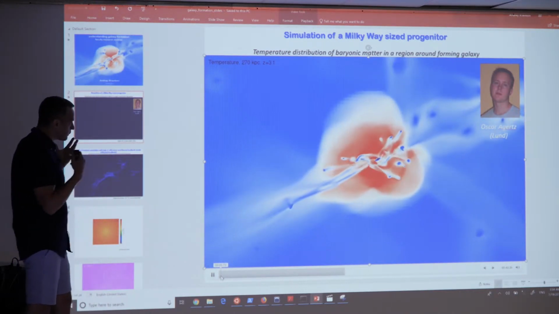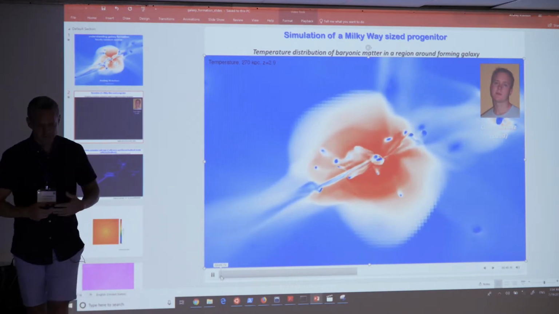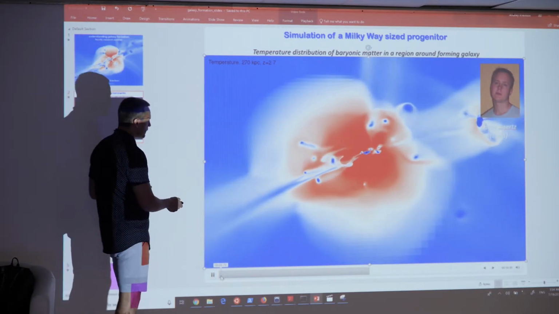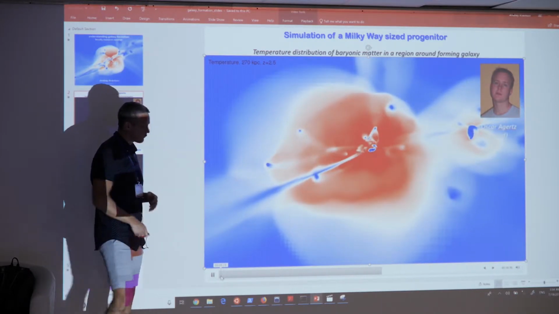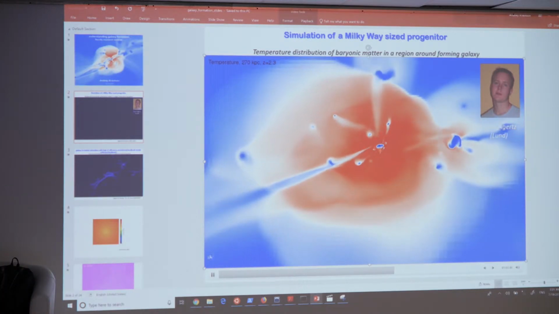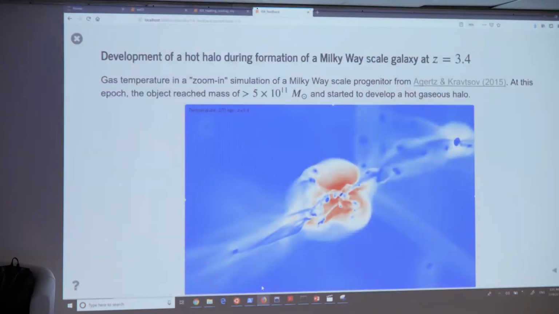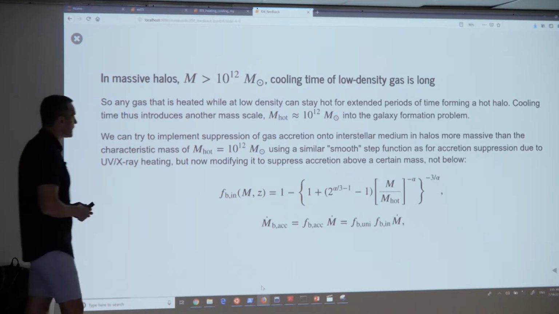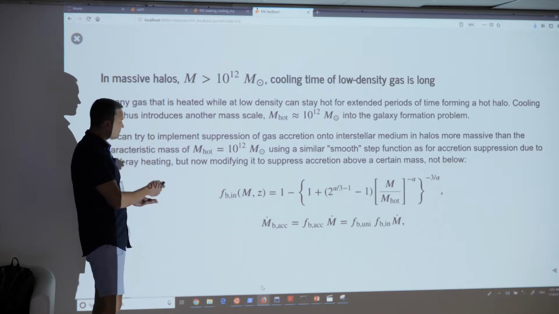So on the surface, this works. So this transition, this mass scale is present in the simulation, and we see it in the development of a hot gaseous halo pretty generically in simulations when the mass goes into this inefficient cooling regime. So we can try to incorporate this. We can try to assume, well, it's a reasonable assumption. In fact, this assumption was made by Rees and Ostriker, for example, and by many other people,